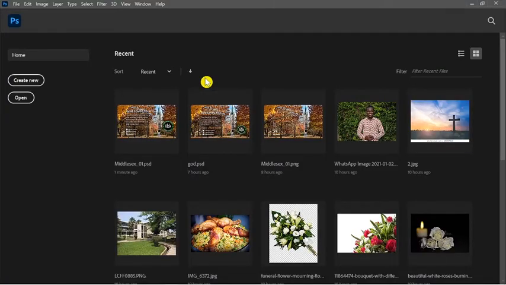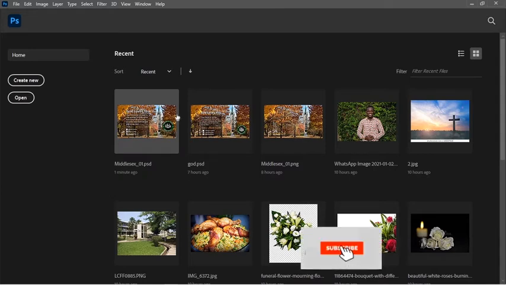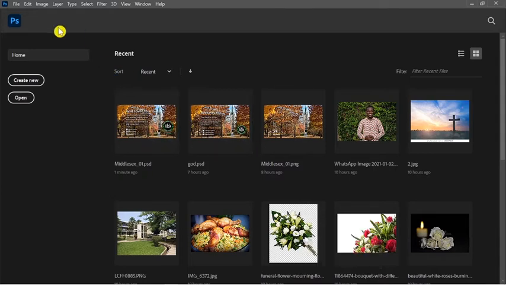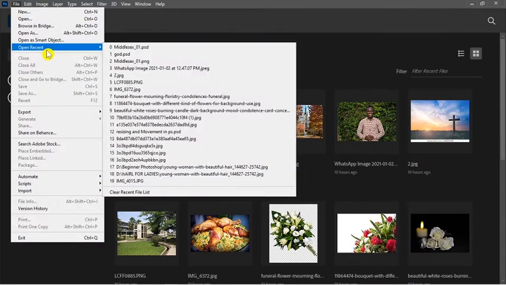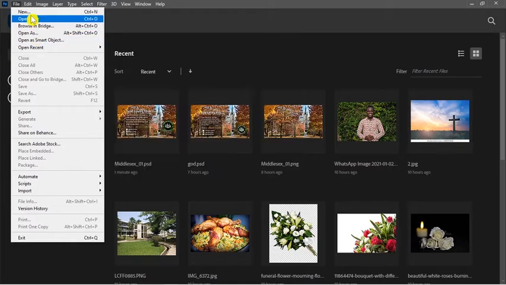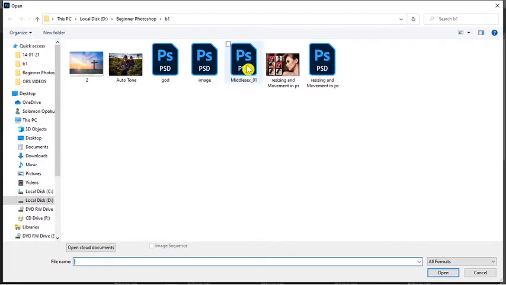Like I said in the part 1 of the beginners lesson, anything that you do, Photoshop will save it and bring it to recent, so you can just open your work here. Or if you have not followed the lesson and you want to follow this one, go here. Or if you didn't practice your work, go to file, open, and open your file. I saved mine as Middle 6, so click on it and open.